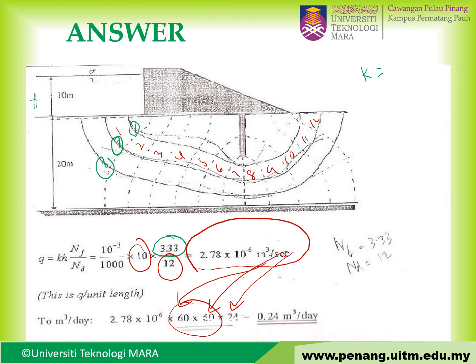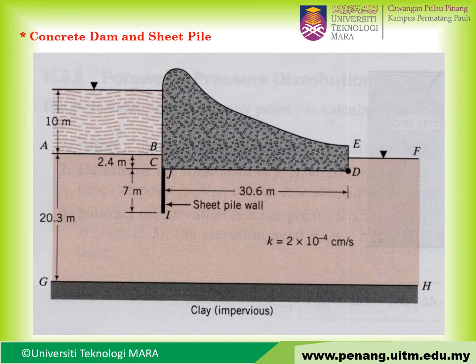For example, this is how this guy determines the value of NF and ND. From the previous one, I got ND is 3 and NF is 11. So the answer should be quite similar, plus minus, right? This is another example of concrete dam and sheet pile. So another example, as usual, you have to use the equation Q is